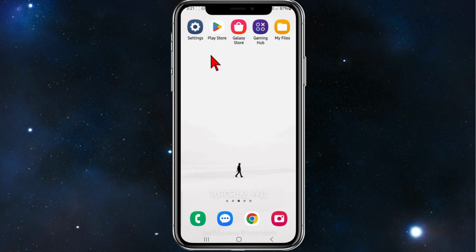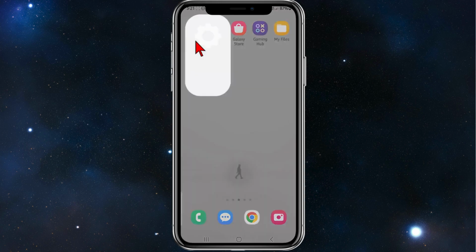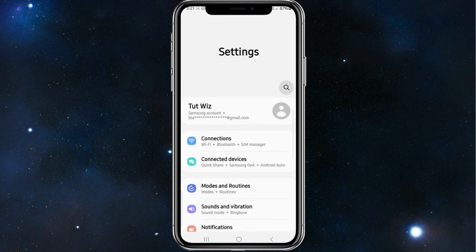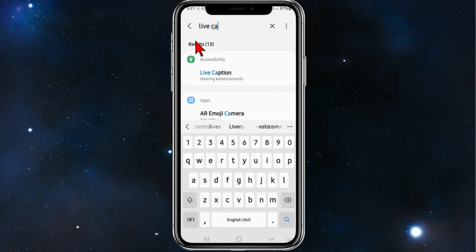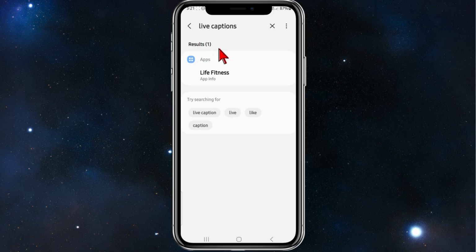So the first thing you need to do is head over to your settings app on your phone, and then in the search bar type in live captions, like so. Sorry, I meant live caption. Then this will pop up under accessibility. Click on live caption,